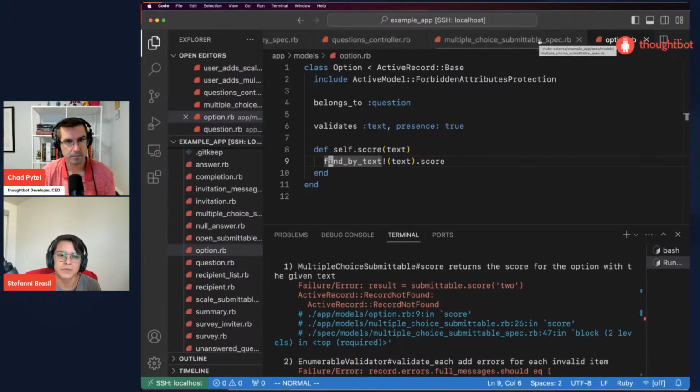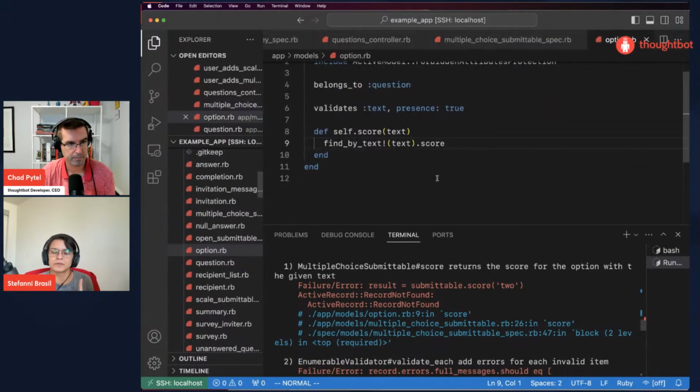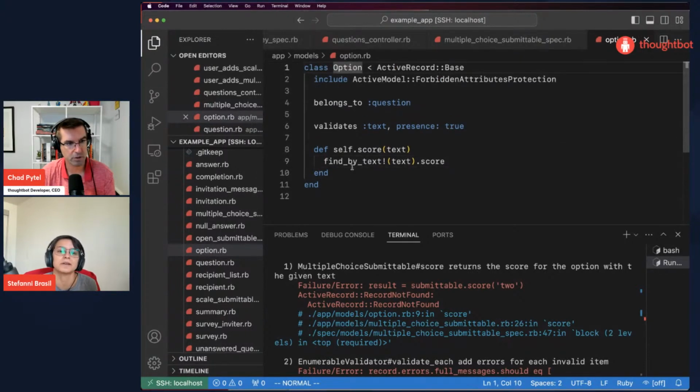Okay, so I'm a bit confused by that spec. Like, what is not being found? Is it the question or the score? It's the question, right? The option, sorry. An option with that text is attempting to be found, and it's throwing a record not found,